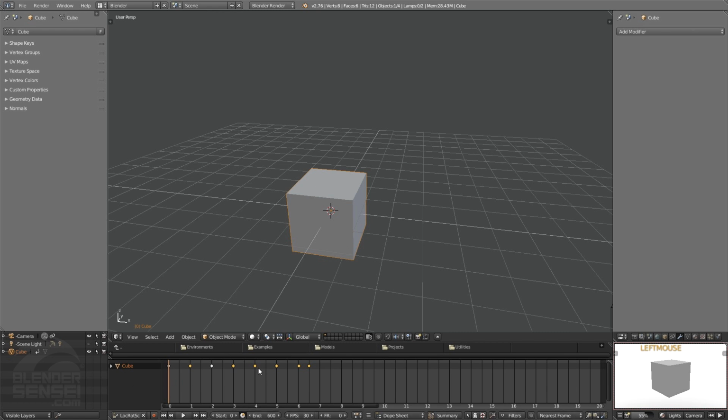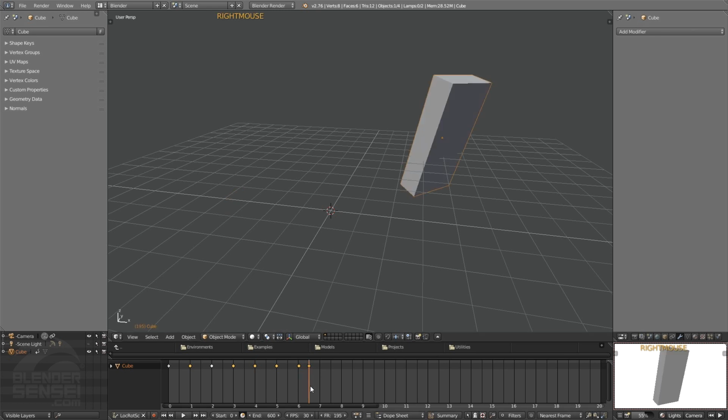Let's say I wanted to just focus on, let's see, frame 120 to frame 195. We could change these values, 120 and then the end value to 195. Or of course you can just click and drag these if you want to do it in a visual way, which may be helpful for you. Just drag this to about the area where you need this to loop. Now if we press play,